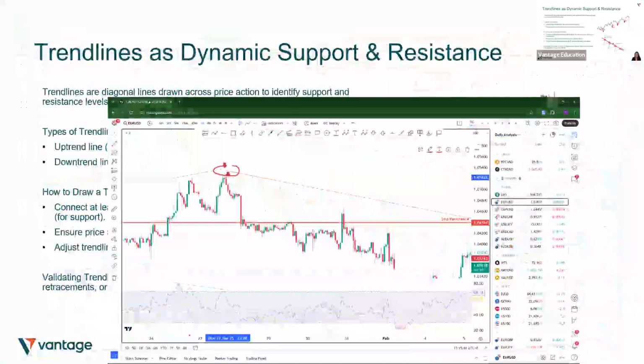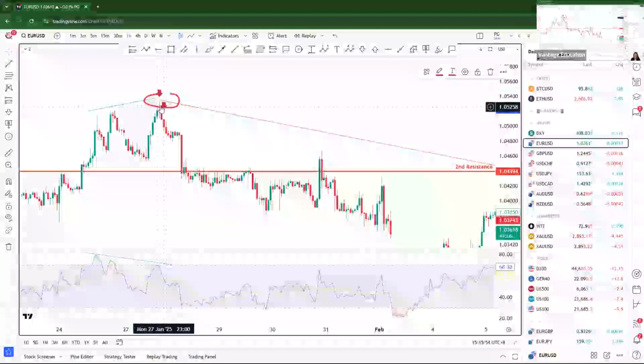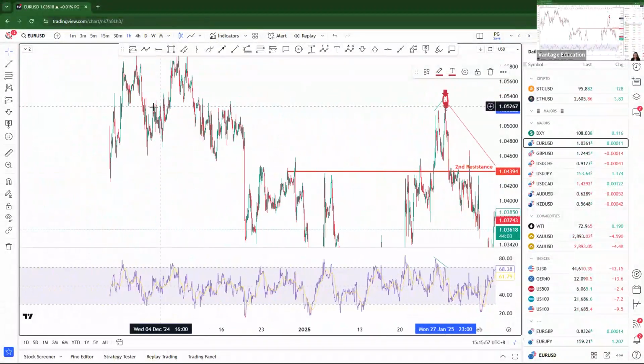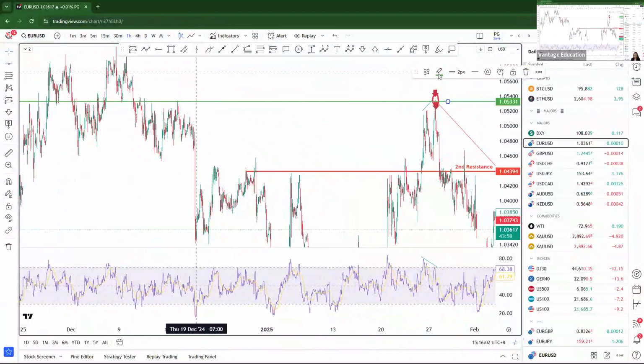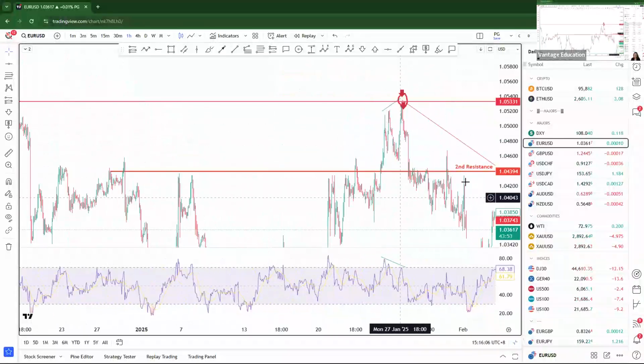Continue. Validating the trend line, look for the confluence of moving average, Fibonacci retracement, and key price zone, which is just now the key level. Price action happens at the key level, which is the resistance level. Right? This is your key resistance level, right? This is your very nice overlapping resistance level here. Okay. What if you want to combine with